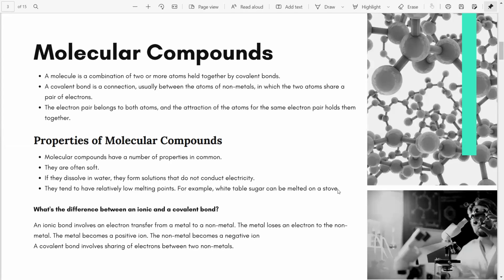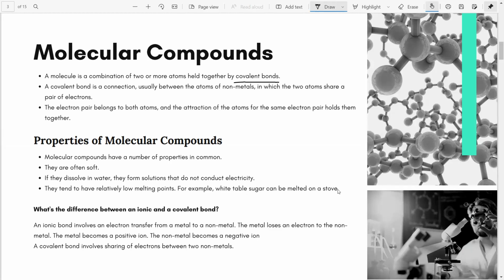So what are molecular compounds? A molecule is a combination of two or more atoms held together by covalent bonds. So notice these are now combinations that have been created by covalent bonds, not ionic bonds. A covalent bond is a connection usually between the atoms of nonmetals in which the two atoms share a pair of electrons. The electron pair belongs to both atoms, and the attraction of the atoms for the same electron pair